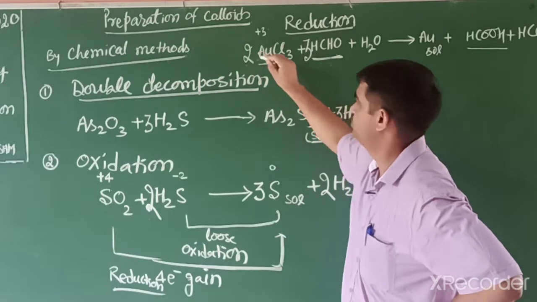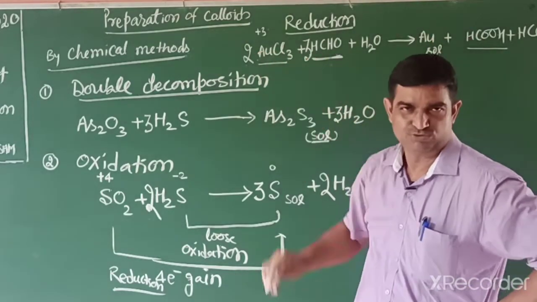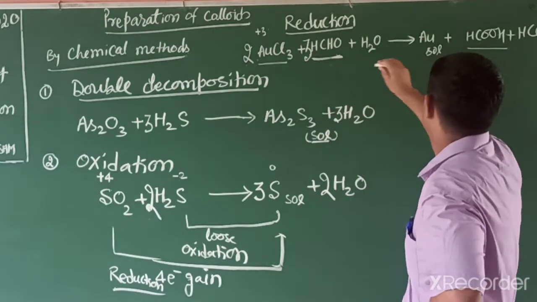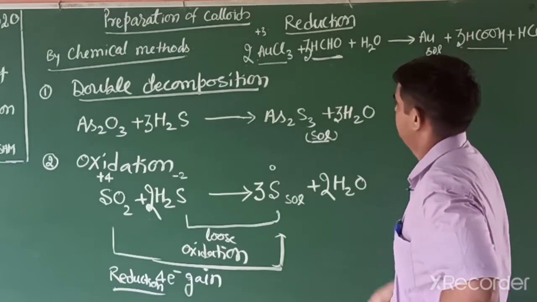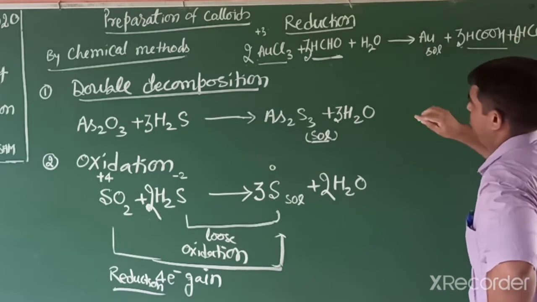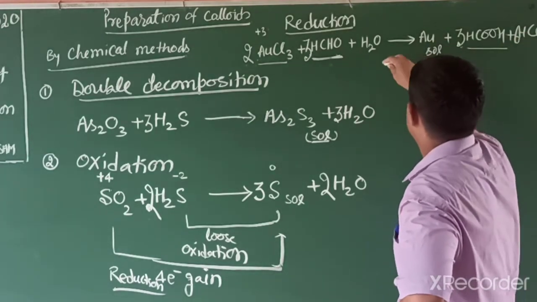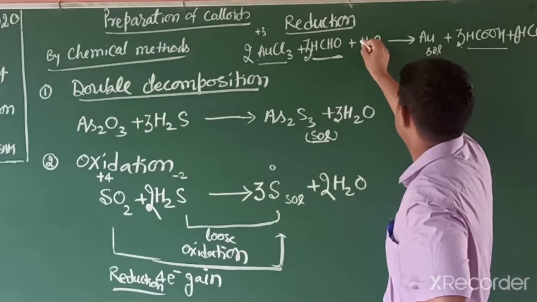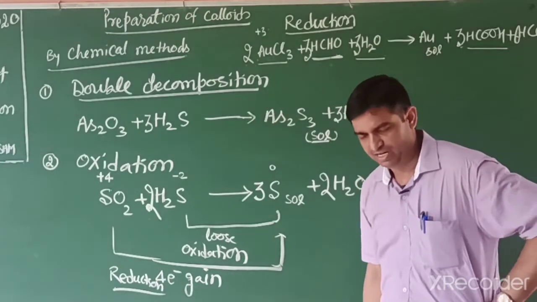2 times 3 is 6 and 3 times 2 is 6, because there is a new oxygen, so definitely 2 electrons, so both are balanced. Then we can write 3 moles of formic acid and 6 HCl. And the hydrogen, how many hydrogens are in this reaction? We need 3 oxygens, so we write 3 H2O. So this reaction is balanced.